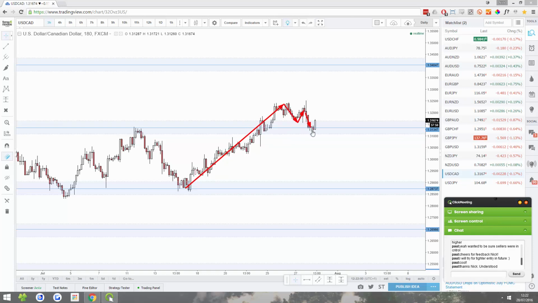We're kind of like in the middle of a potential continuation. I'm not saying this is an enterable trade. It's just potentially going to do something like that. So keep a close eye on this. If you're someone that trades continuations, or if you're looking to go long on USDCAD,